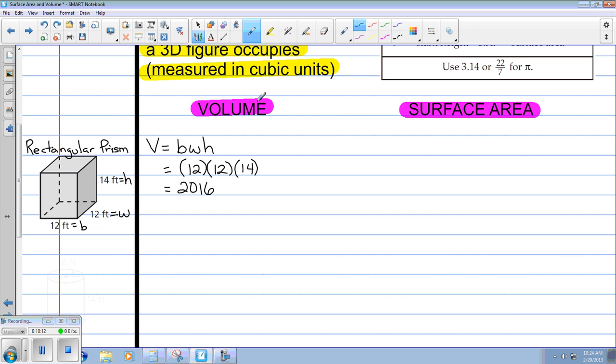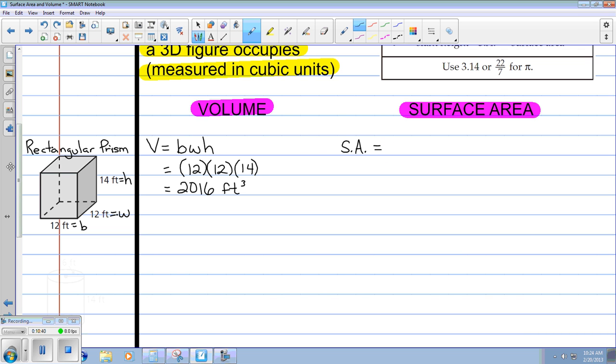And then remember that volume is measured in cubic units. The units here are feet, so it's going to be feet cubed. This is 12 feet, this was 12 feet, and this was 14 feet. So if we do feet times feet times feet, that's where we get the feet cubed. Okay, and then over here we're going to solve for the surface area, and we usually use SA,